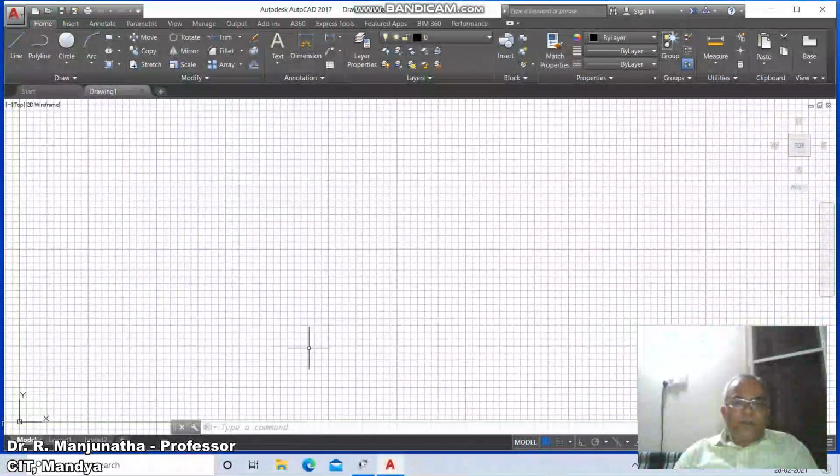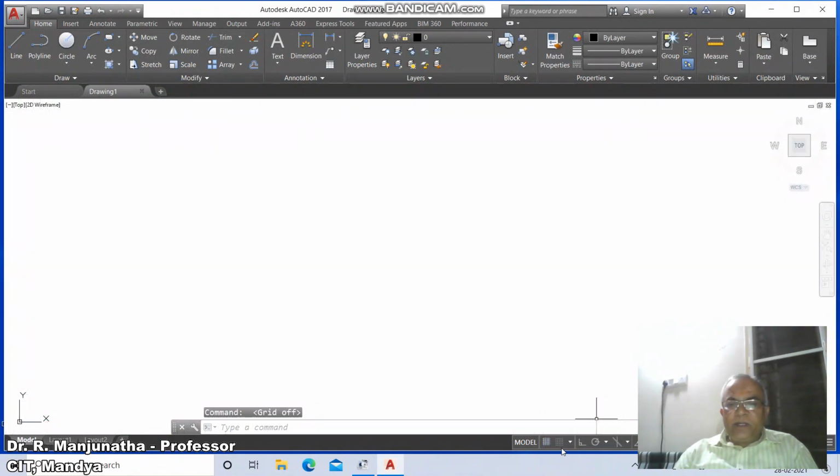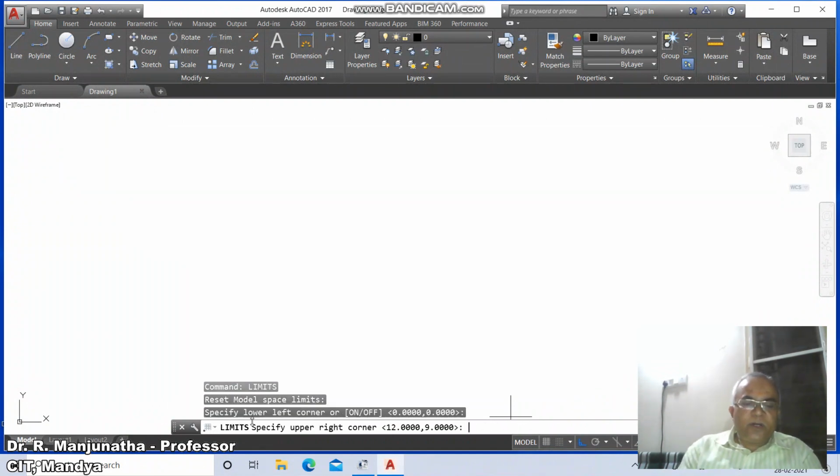How to solve the projections of solids using AutoCAD software. First, you go to the AutoCAD screen, switch off the grid mode and switch on the ortho mode. Then go to limits, type limits, then specify lower left corner 0, 0, upper right corner 297, 210, then zoom